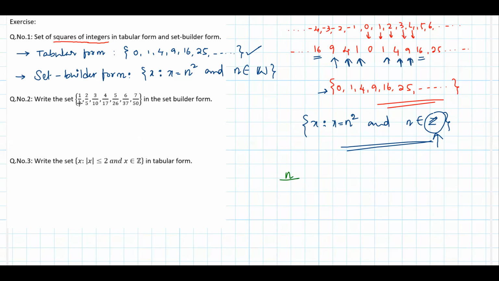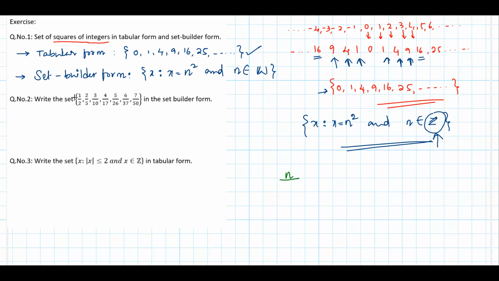Now we have to understand the denominator and numerator pattern. If you see the first fraction, the denominator is 1 greater than the numerator, but the same is not working for all other fractions. So how are we going to do this? Is there any pattern here? What if we take the squares of the numerator? Square of 1 is 1, but here we have 2. Square of 2 is 4, but here we have 5. Square of 3 is 9, but here we have 10. Square of 4 is 16, but here we have 17. In this process, we can understand the denominator is 1 greater than the square.